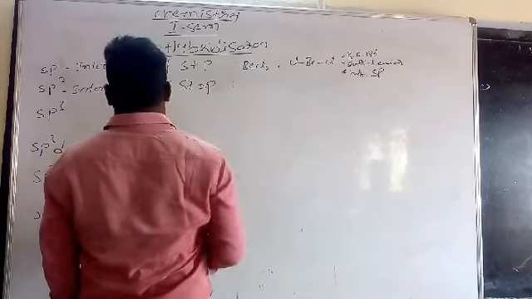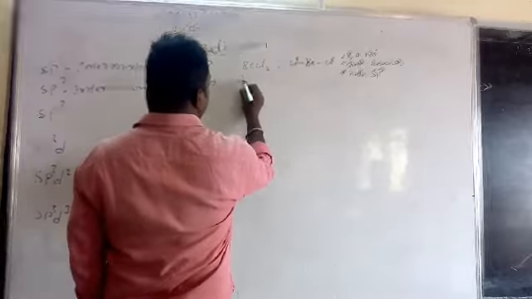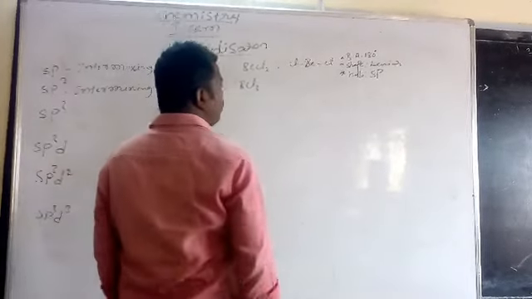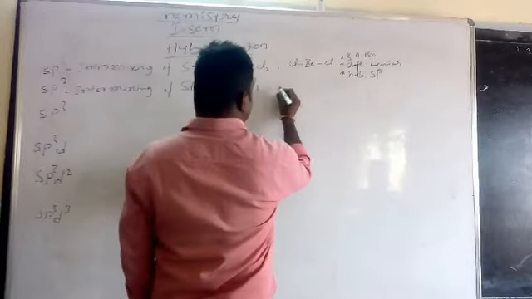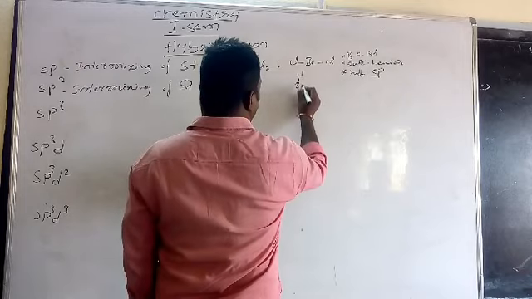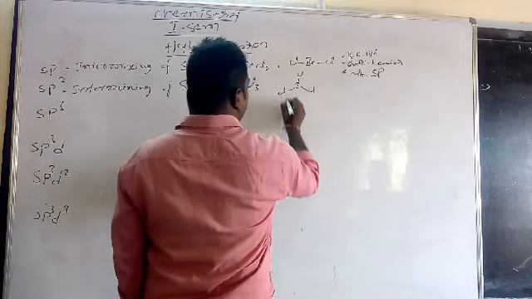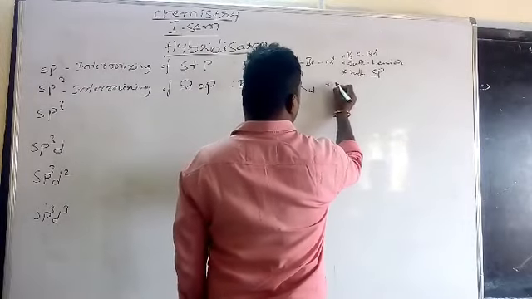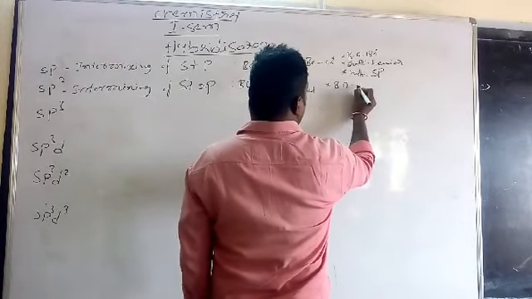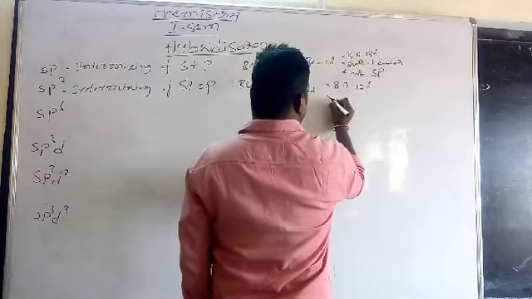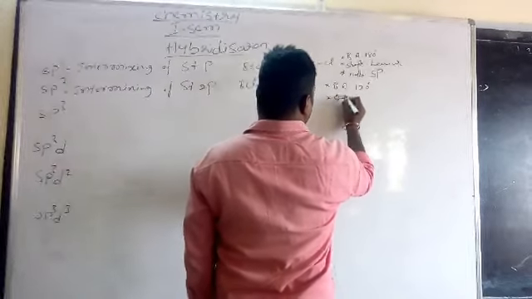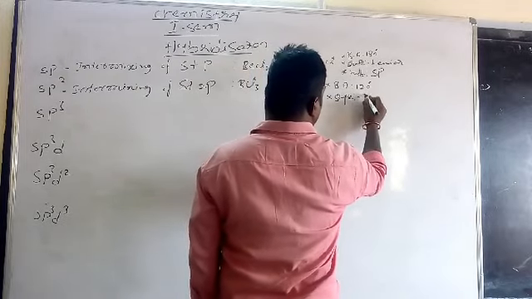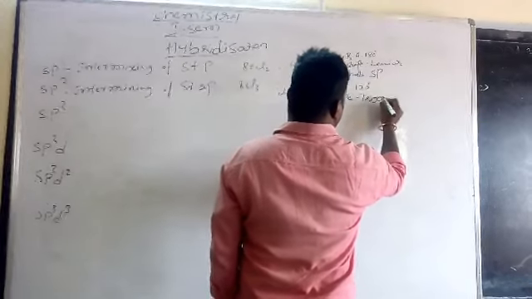The example of sp2 hybridization is BCl3, boron trichloride. The center atom is boron. Three chlorines are attached, at three different positions. For BCl3, bond angle 120 degrees and shape of the molecule trigonal